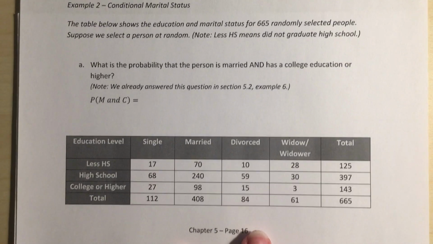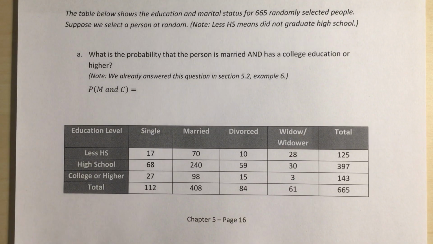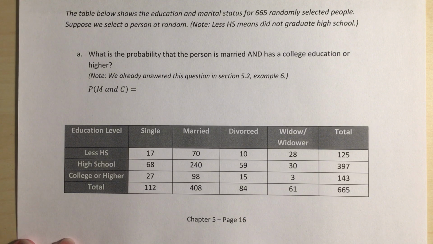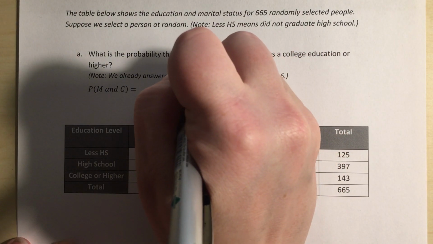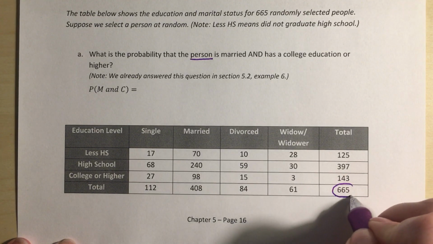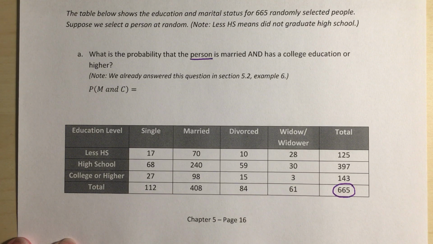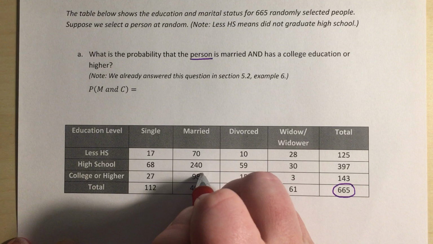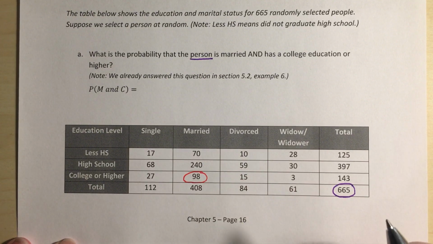So for example A, what is the probability that the person is married and has a college education or higher? Here we clearly see the word "and." But what we want to look at is what the question is asking us about. Well, it's asking us about a randomly selected person. And since we're being asked about a randomly selected person, that means we're thinking about our total for our entire group. Right, so then to find this probability, we have 98 people that were married and had a college